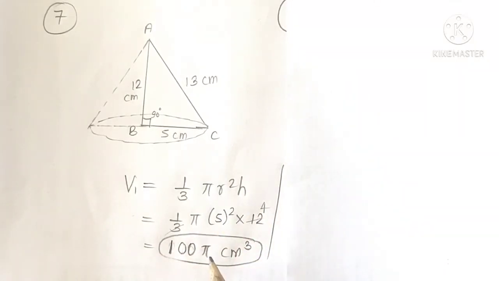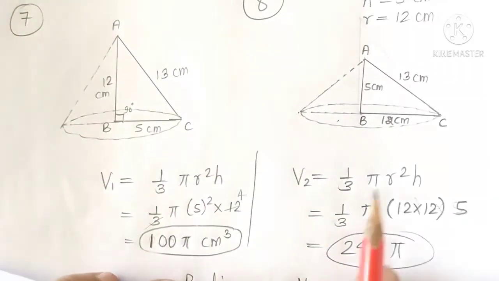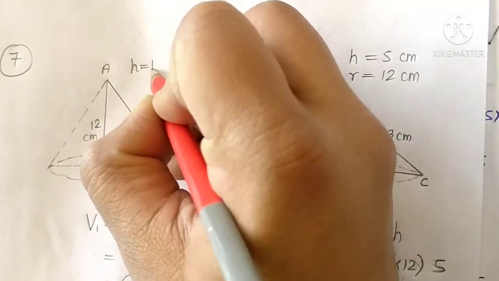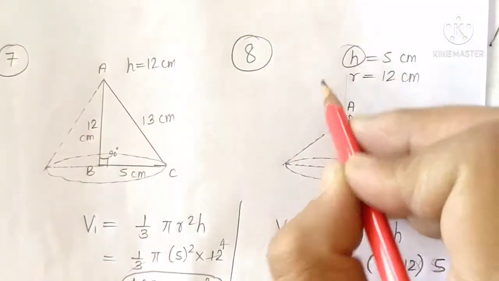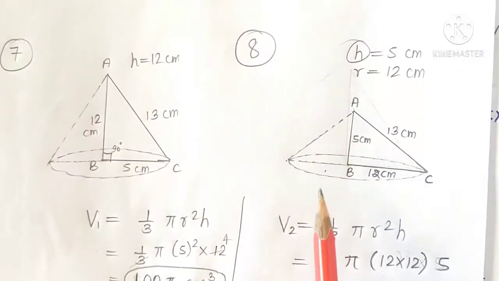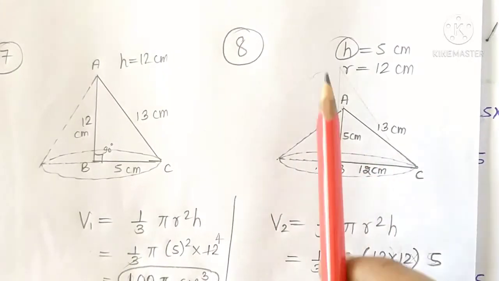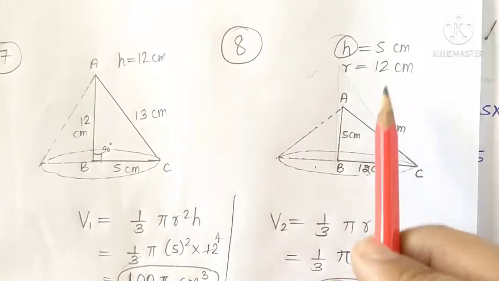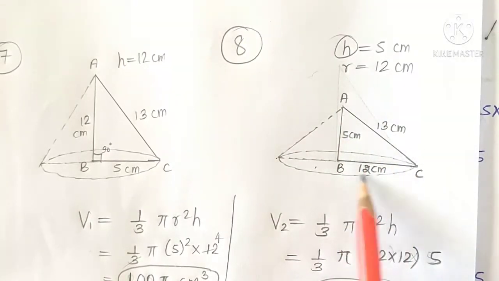Here we have not put the value of pi because in question number 8 they are asking the ratio. So we can cancel pi from pi, that's why it will be easy for us. So we keep the pi value as pi only. Now in question number 8, the same question, but what are they asking this time? The height becomes 5. Earlier the height was 12, but now the height becomes 5 cm, because they said the same triangle is now revolving around the 5 cm height. So the height becomes 5, the hypotenuse is the longest side, so 13 will remain here only, and 12 becomes the base.